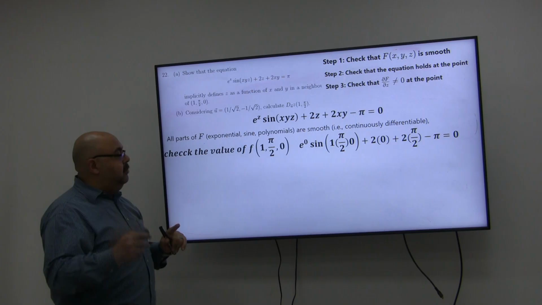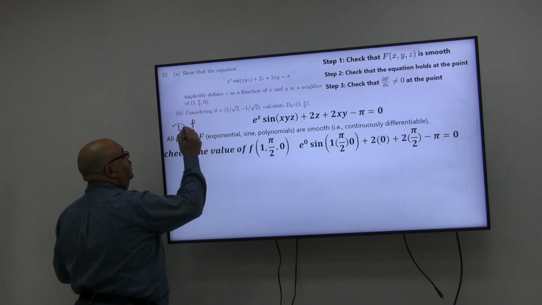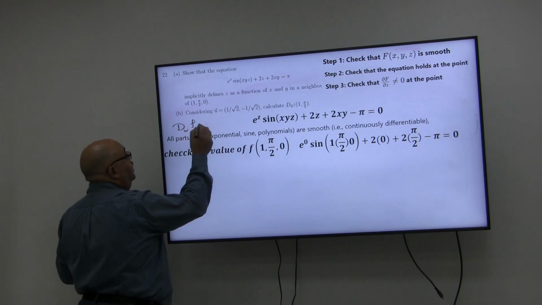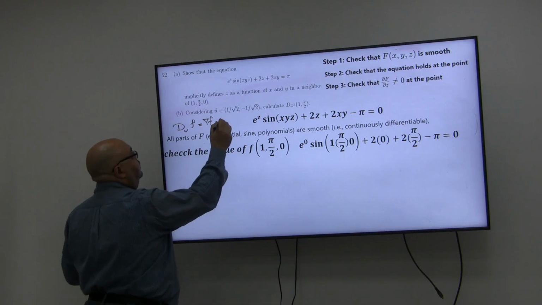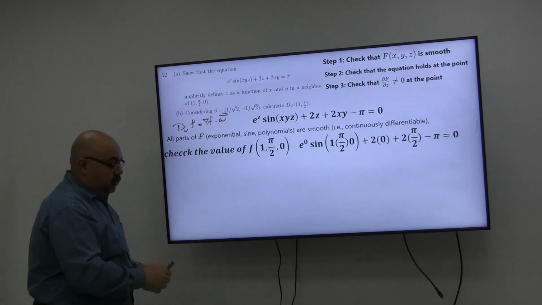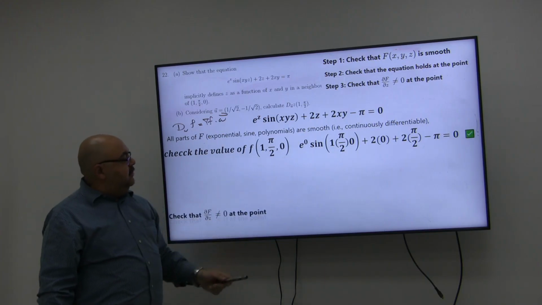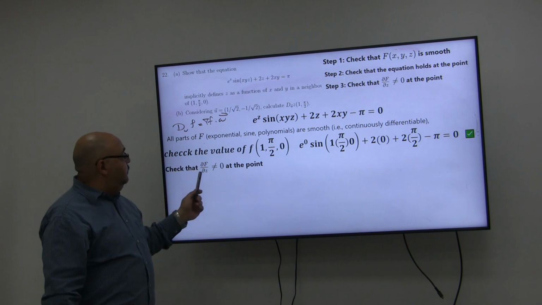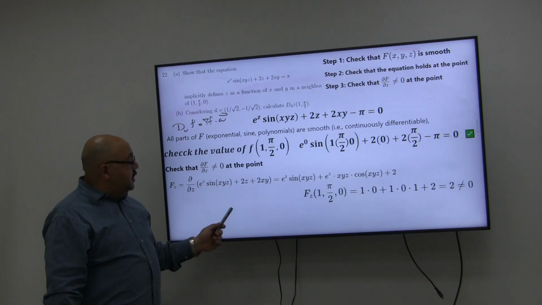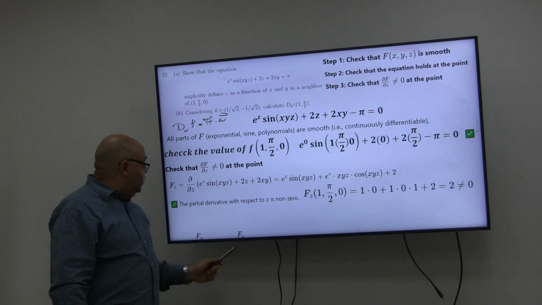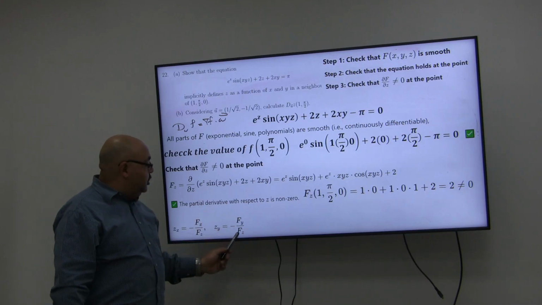Now I can use the formula that I'm telling you about: the directional derivative in the direction of u is equal to the gradient of f times the unit vector. So at 1, y over 2 and 0, I'm substituting. This is the first check. Check that partial f, partial z at the point exists. Now I can find the value of partial f, partial z. This is negative partial f, partial x over partial f, partial z, and